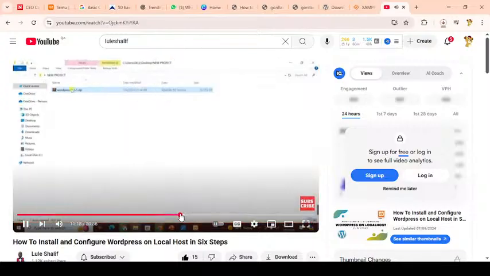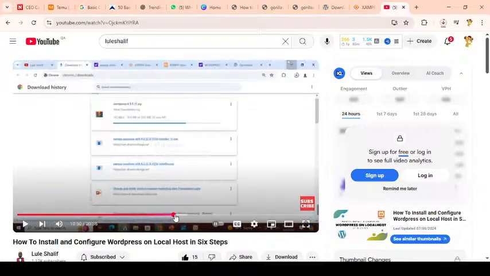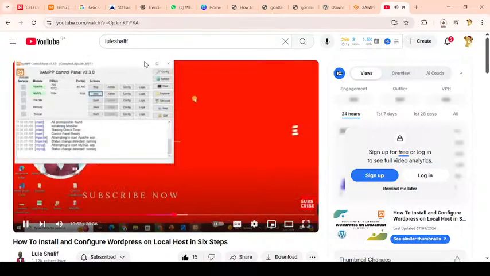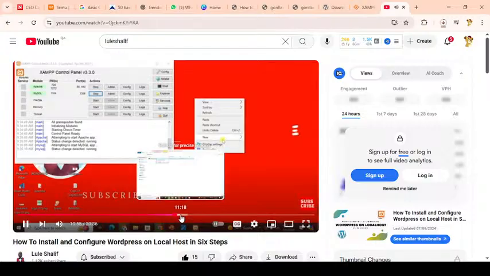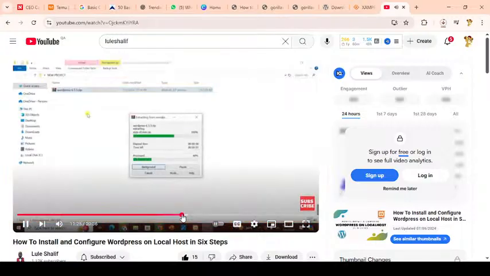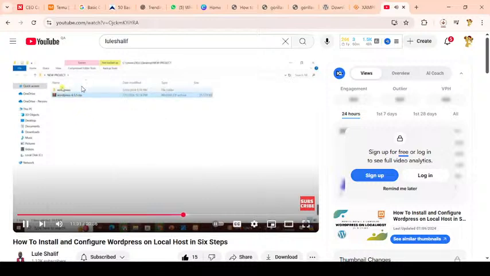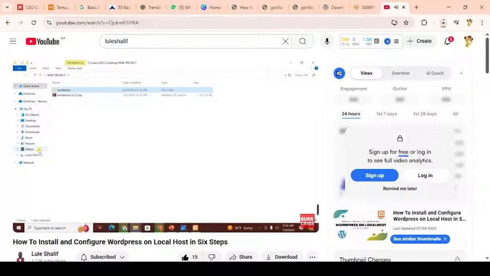So what you're going to do, you drag the WordPress files, you create a folder. In this case, I've named it new folder, and you have to create this folder in local disk C. As you can see, I'm going to create my new folder, and after creating it, I'm going to paste my WordPress files there. Remember it's zipped, so I have to extract it. Once you extract it, as you can see,